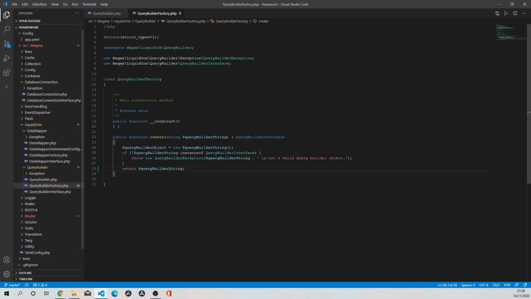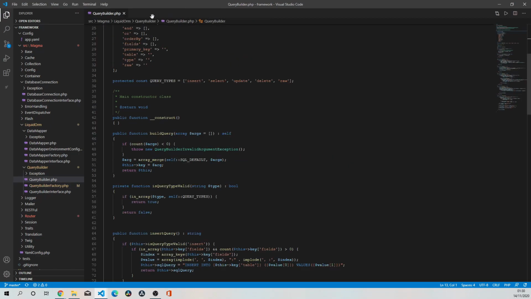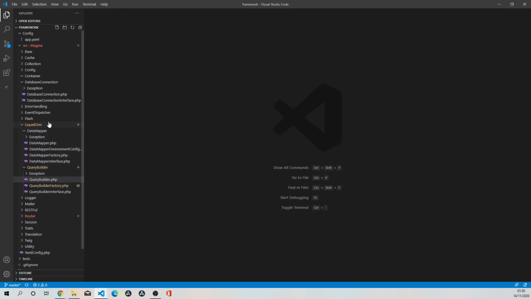So that's the bit of refactoring that I wanted to do, and I wanted to show you guys, so I'm not doing it off screen, then you see something different on Git. So whatever changes need to be made, I'm going to do it on the screen so you can see it, so you can follow along. So I'm going to close that out, and the next bit of our ORM that I want to tackle is